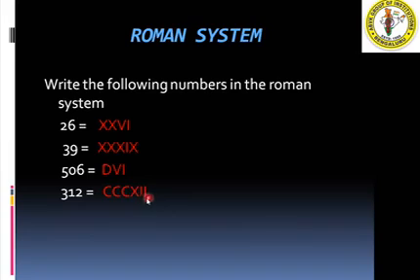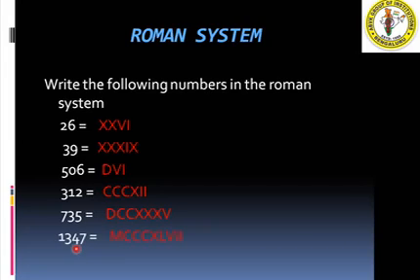312, then 10 plus 2. Next number, 735. 700 is 500 plus 200. The symbol we write for 500 is D. C means 100, so one more C makes 600, and one more makes 700. Then 35. 30 is XXX, then 5 we write as V. So like this we will write 735.